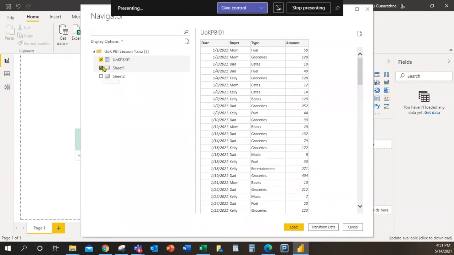Okay, I'm not selecting this one. I already added it for your reference. Reference means just to show you. But the best practice is creating a table and naming it. You can name it also. Okay. Then I'm loading it.